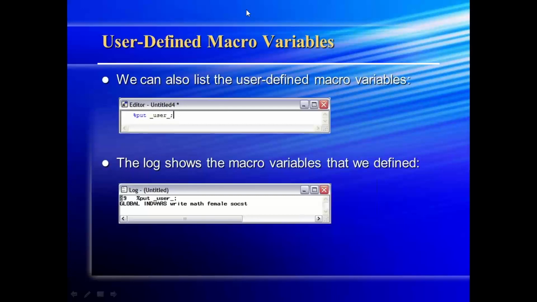If you just execute it, it will show you whatever macro variables got created and what values are stored in them. We'll only be able to see the global variables, not the local variables created, because those are independent of a user. So whatever global variables other users have created can be displayed and used by other users also. So one we understood is _AUTOMATIC_, the other one is _USER_, right?